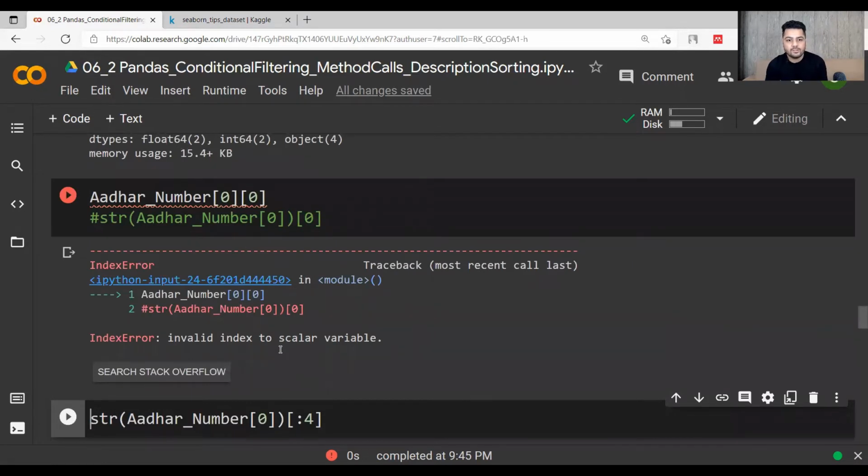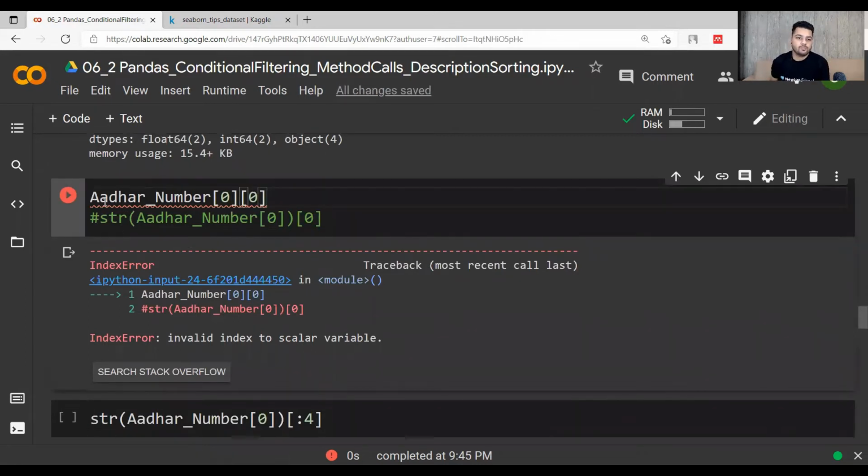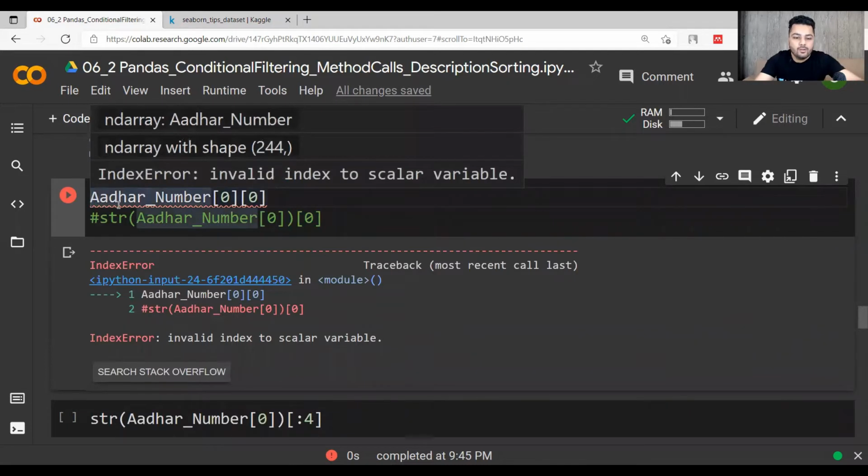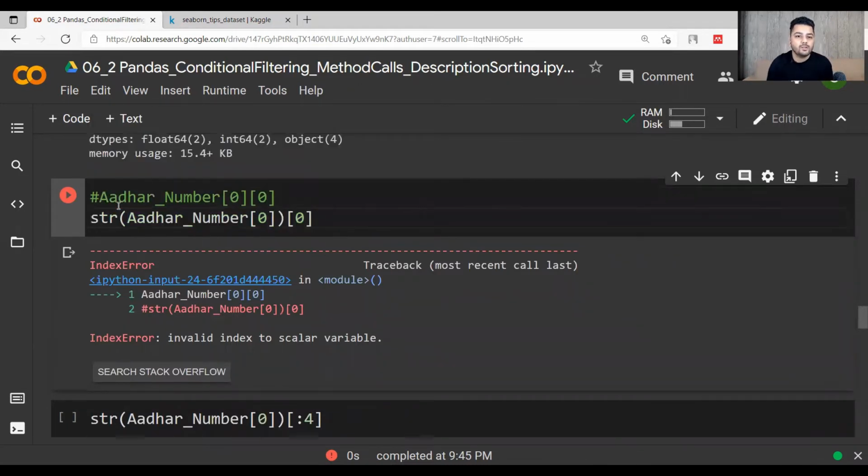Why? Because this is not traversable. It is not a string, it is an integer, and integers cannot be traversed like this. You cannot get one value out of it by just using this 0 here. First you have to convert it into a string, and within the string you can get the first value.